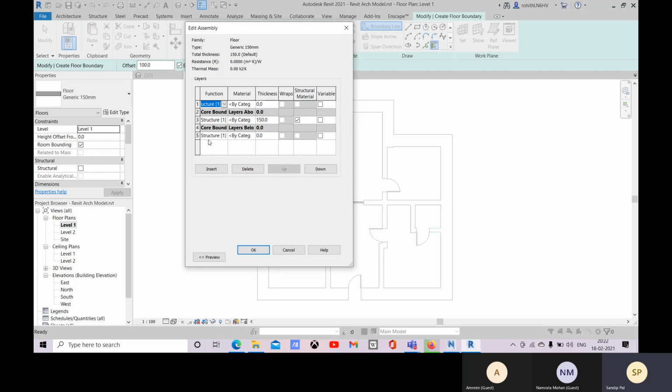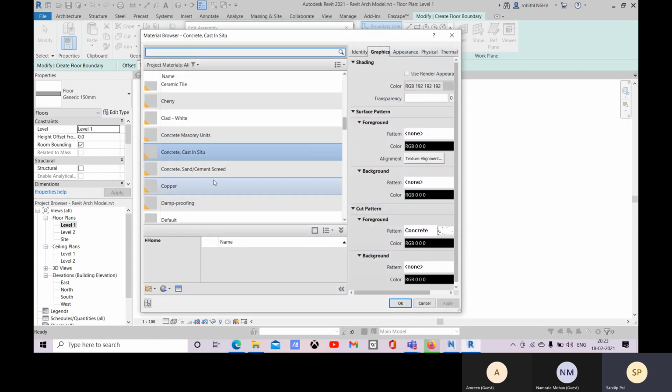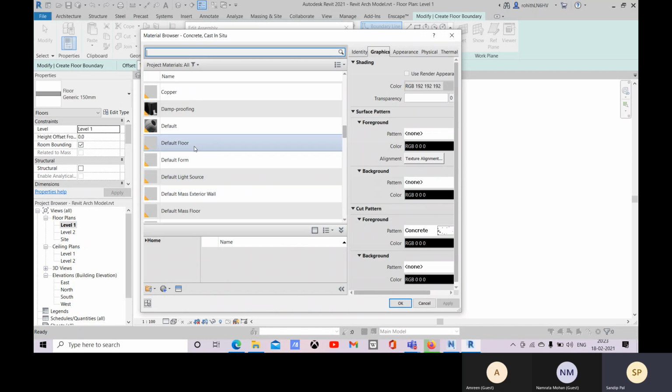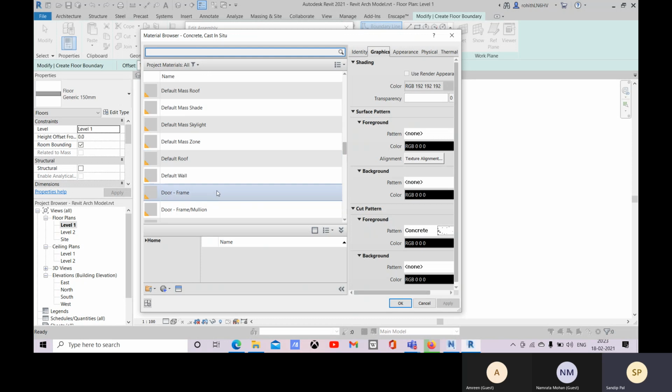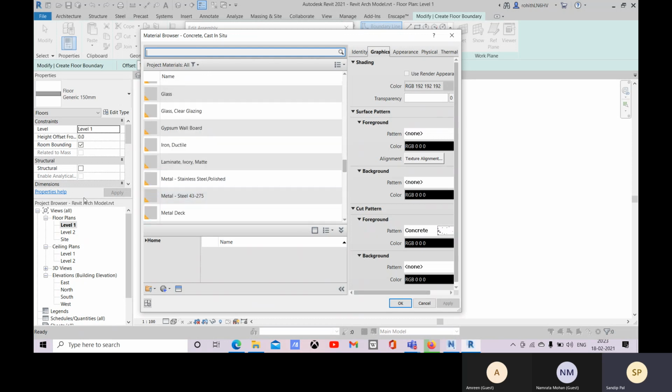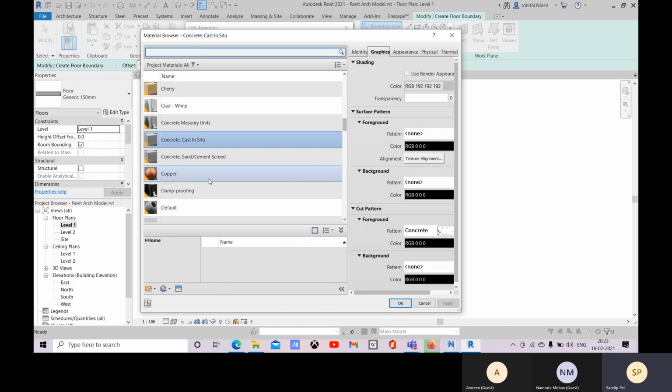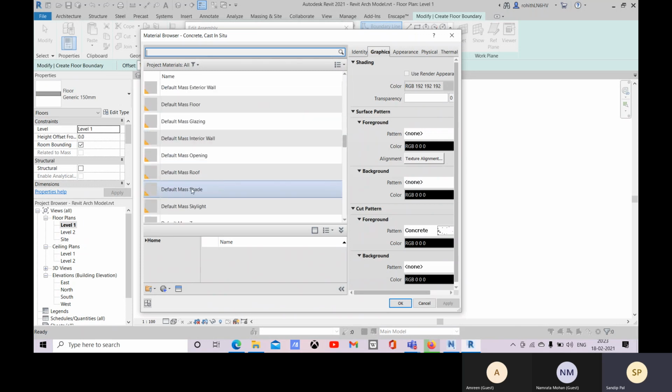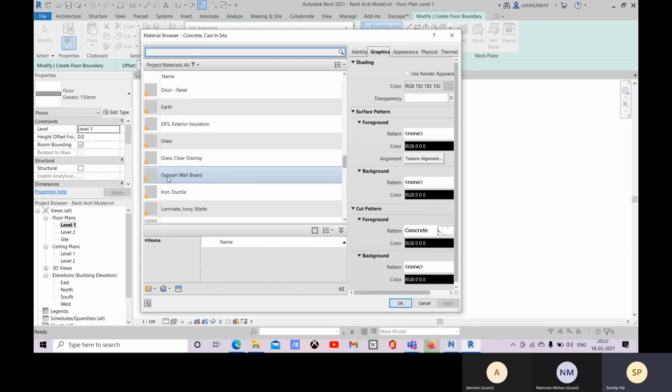Okay. So first of all, let me mention it as a substrate 2. I will add some others also. So let me assign this as this one. You can add this as a plaster, or you can create your own material. So I will come on this later, how you can create your own material, or if you can find out the right material over there, so that you can choose, or if there is a gypsum board you want to place, that you can also place.